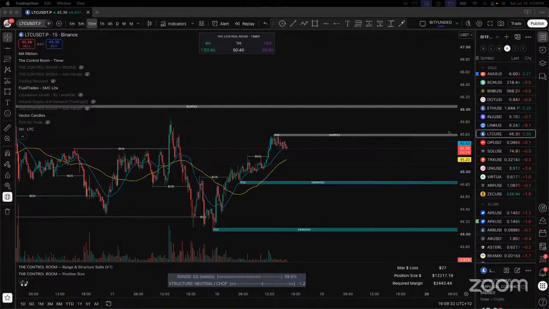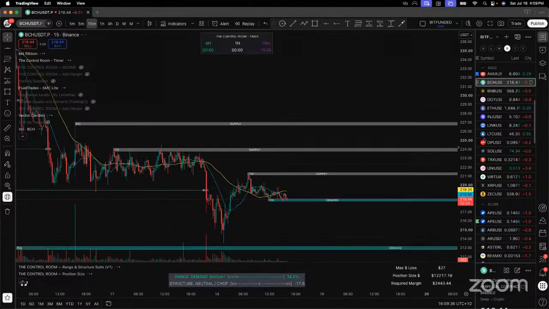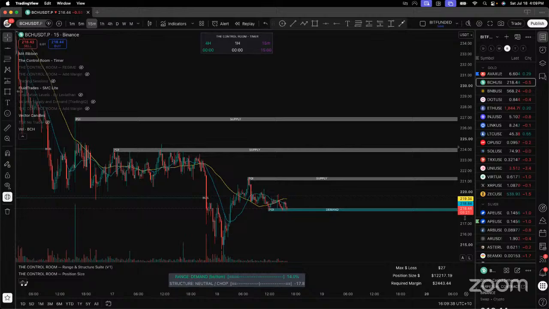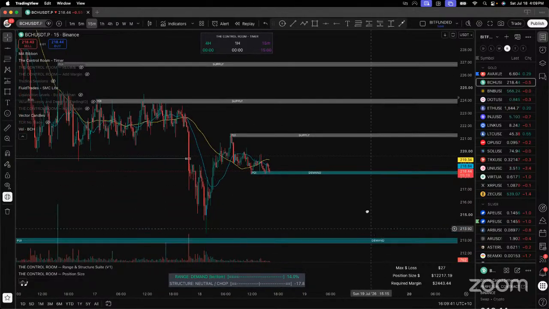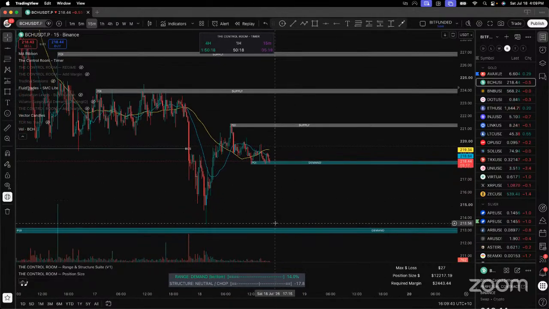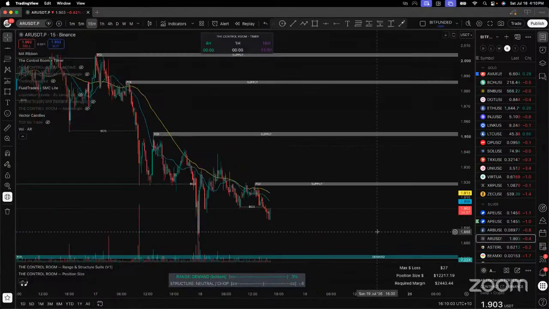Altcoin looks like it wants to roll over too. It's looking very weak. BCH is holding demand, just. We might get some volatility popping in a sec, Mr. Allen. I haven't looked at our wave at all.